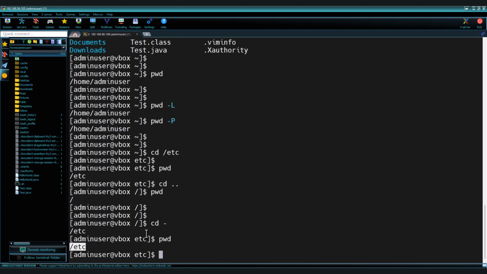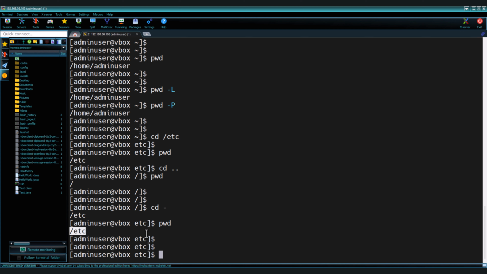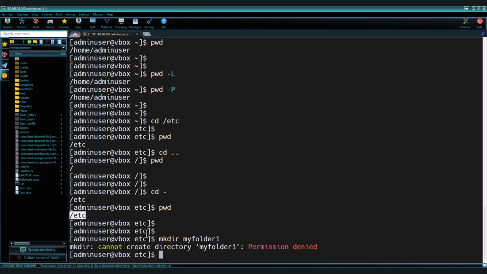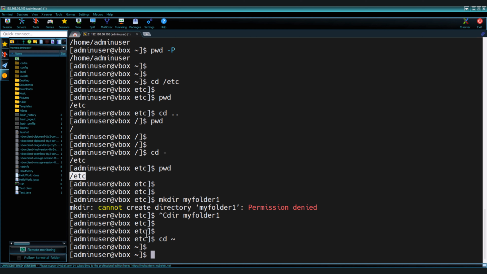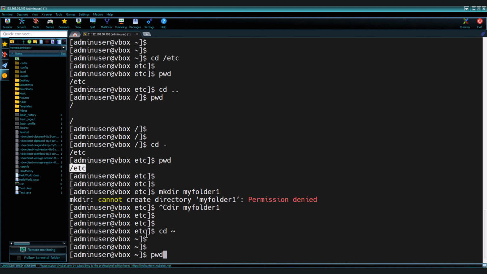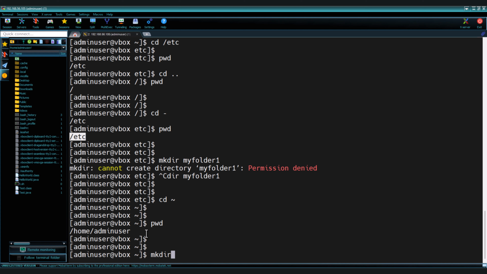Now let's create a directory. The next command is mkdir. I will create a folder, folder1. We are creating a directory in /etc, so we don't have permission. So I will go to the home directory of the admin user. So here I can create mkdir myfolder1,